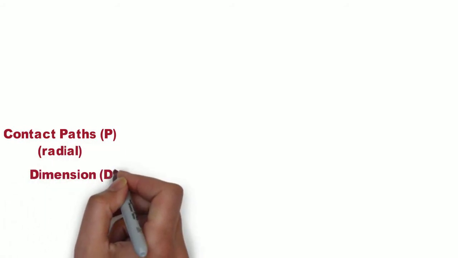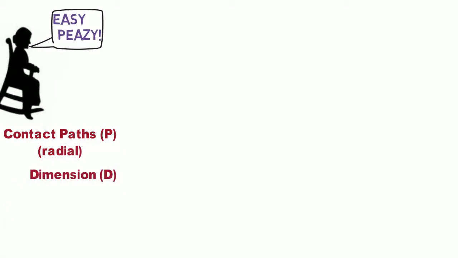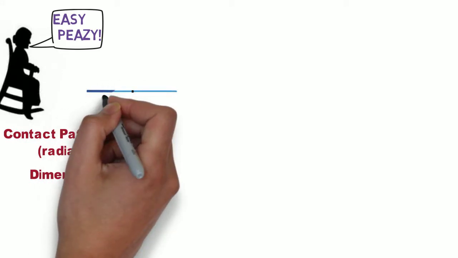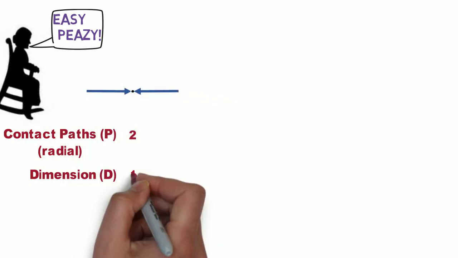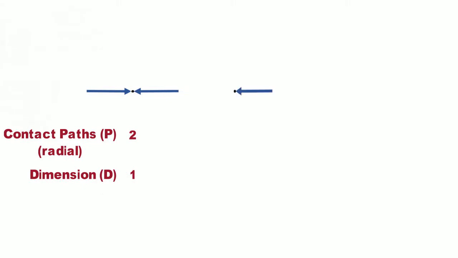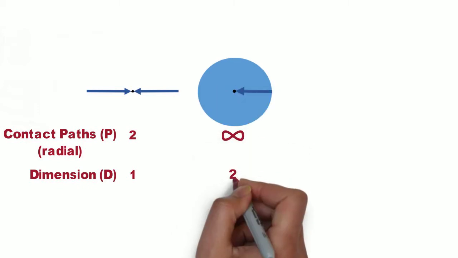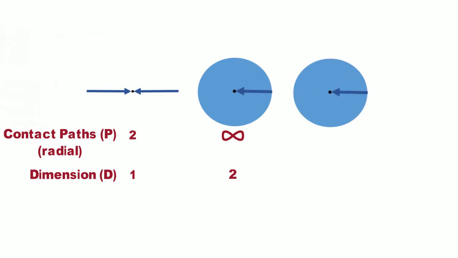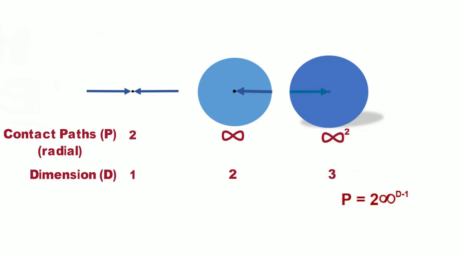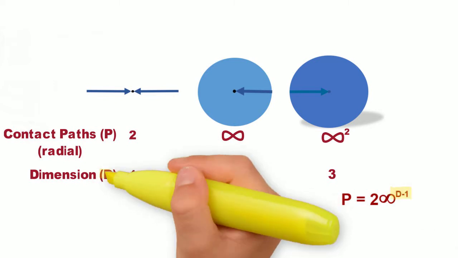Intervals provide hidden locality, seen in a dimensional progression so simple and undeniable, Granny gets it. How many paths lead to contact with the center of a line segment? 2. Now how many non-overlapping paths lead to contact in an area? For each contact path in one dimension, an infinite number of radial paths exist in 2. A ball in 3D is comprised by an array of disks. For each contact path in 2D, there is again an infinite number in 3D. The clear pattern is that contact paths increase geometrically with each dimension added.